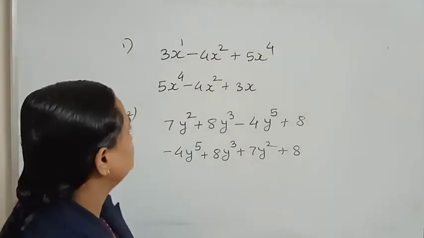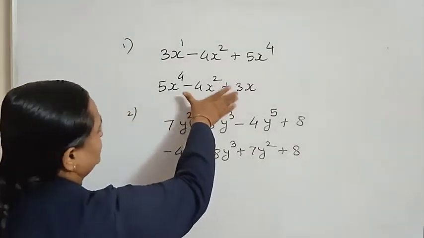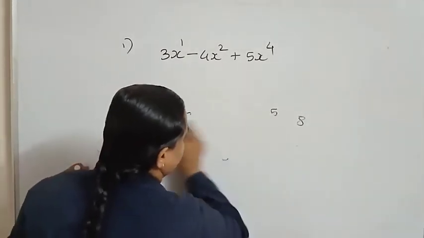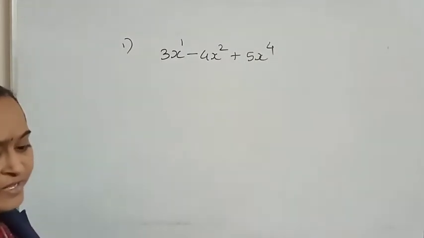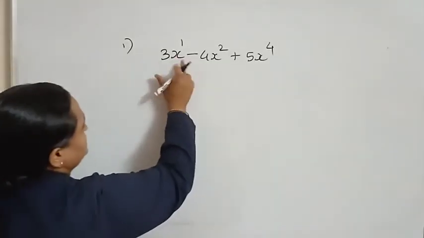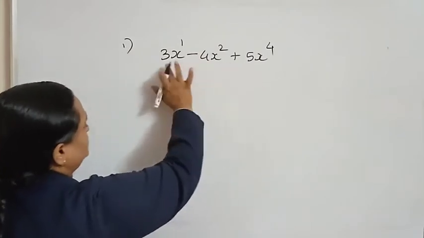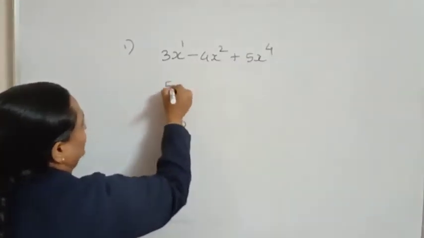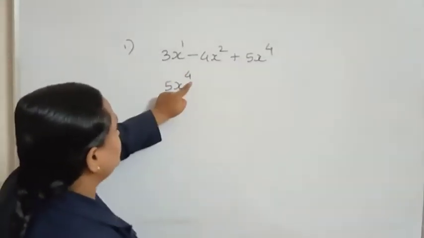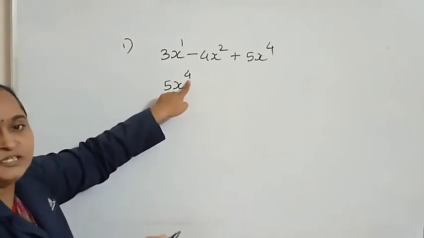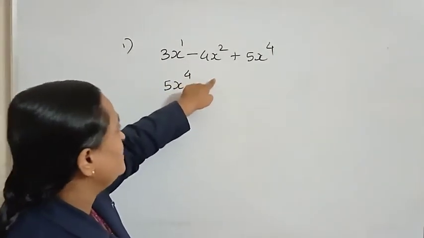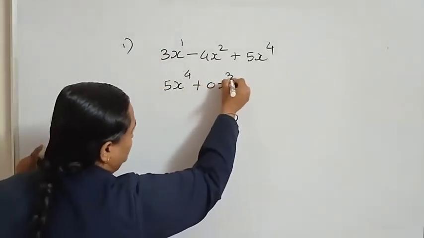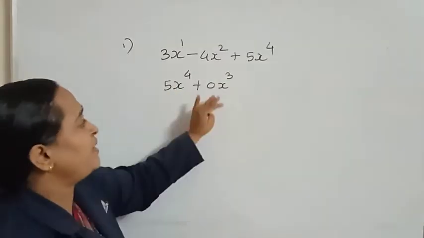Now see example. Suppose this example only you have to write down in index form. Then how we will write that? See that now. First again descending order, that is same. We have to write down terms in descending powers of the variables. Then first term will come 5x raised to 4. Now here power is 4. After that next term which will come, that should be power 3. But power 3 term is not there. So we will add here 0x cube.